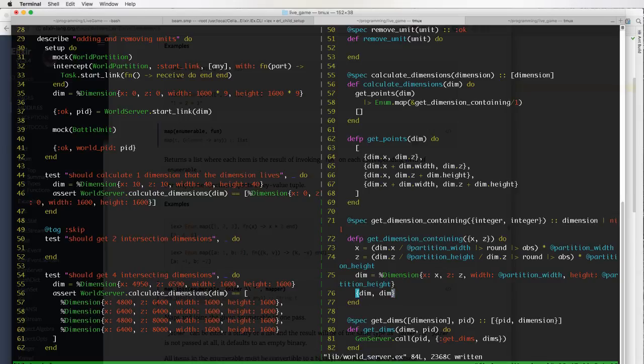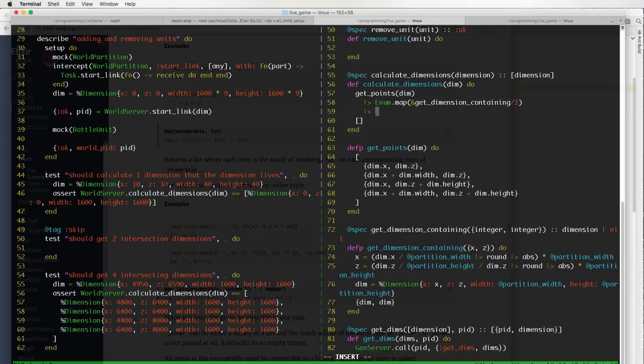And at the last point, we're going to Enum.filter our into, and over this, and we're going to pass it a function which is